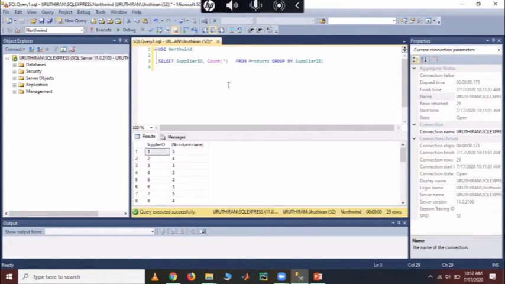Then you can use the as keyword, number of product, or something like that. Right now it's okay. We know supplier ID 5 supplies 5 products, the second supplier supplies 4 products, and so on. It is better to use the as keyword, mostly when making reports.